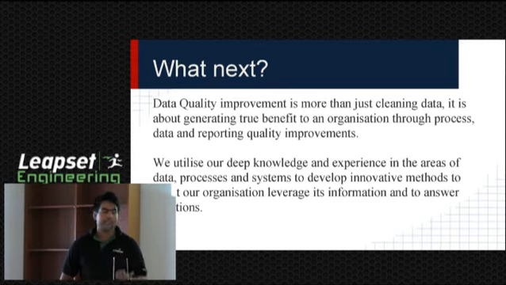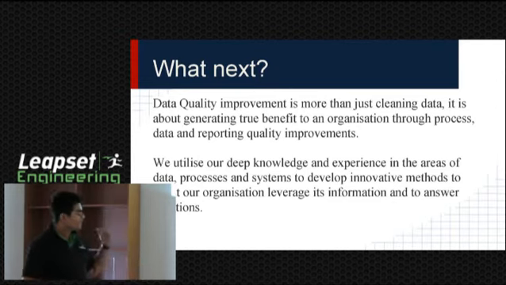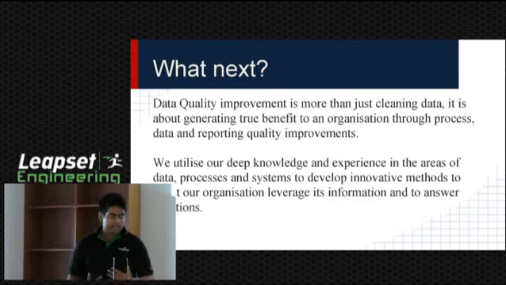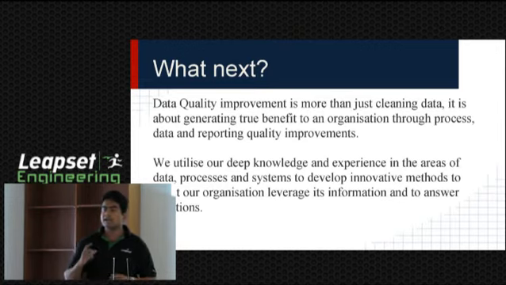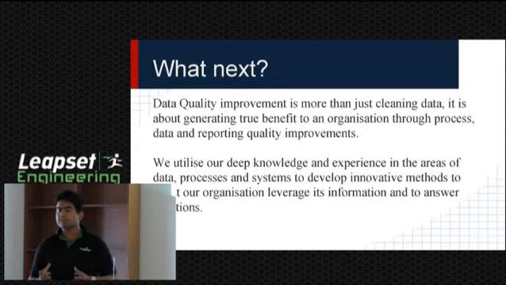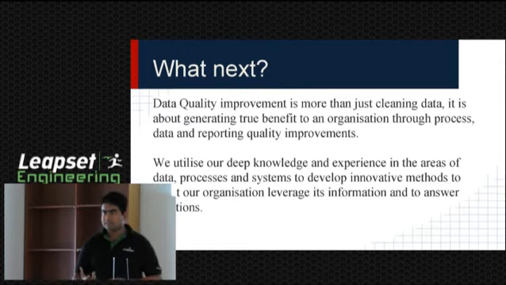Then what's data analytics? Basically, data analytics is driven by statistical models. They provide you with a new level of information and help you to forecast your business.